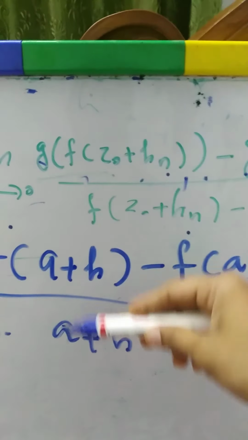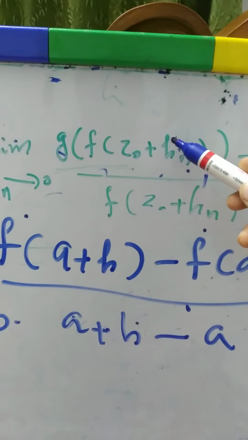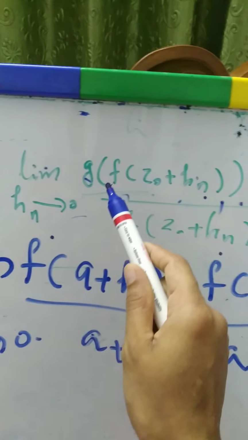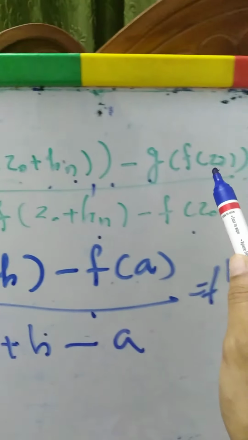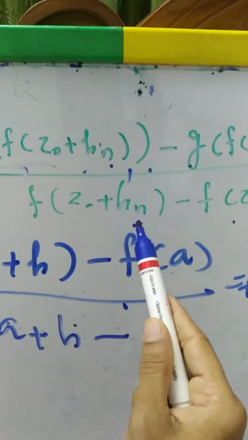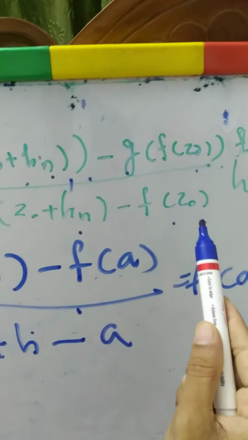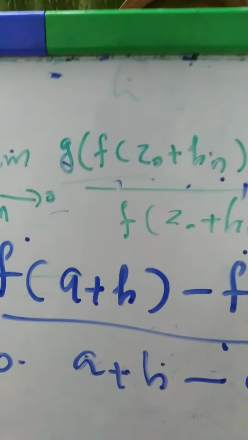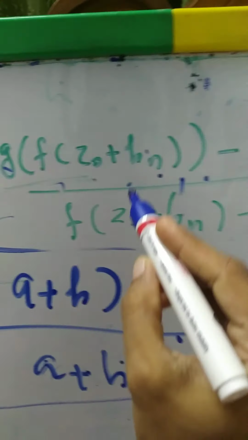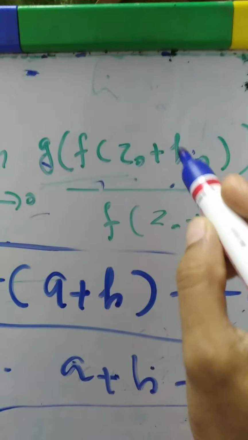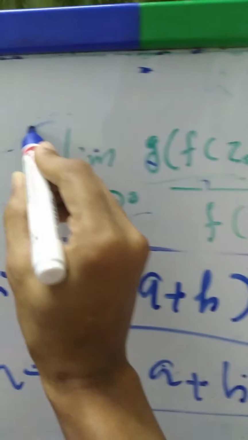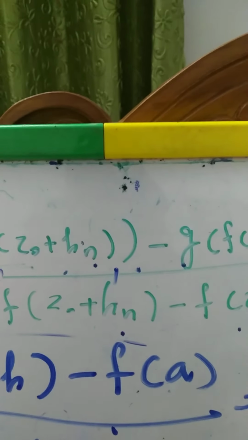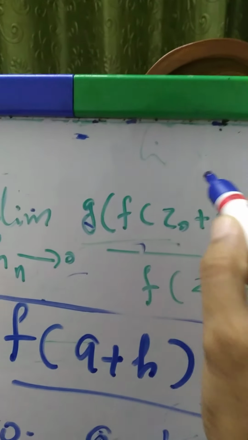You just compare these terms with this. Then how can you write limit h tends to 0 of g of f of z naught plus hn minus g of f of z naught divided by f of z naught plus hn minus f of z naught? What is this? By using this definition, you can write this term, limit h tends to 0, this equal to, what is this? g dash of